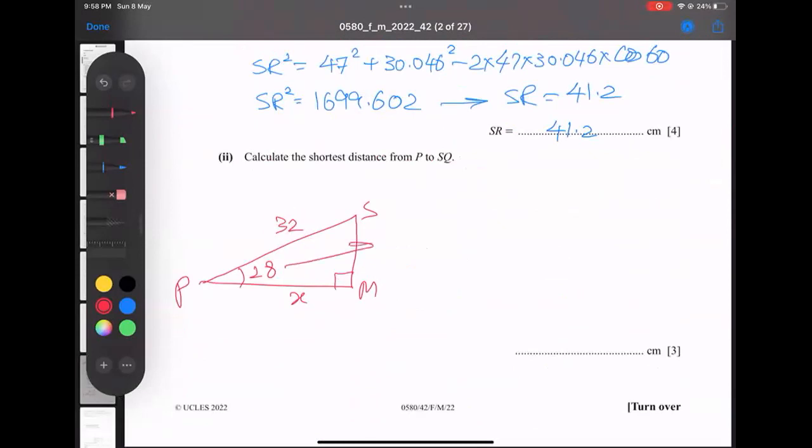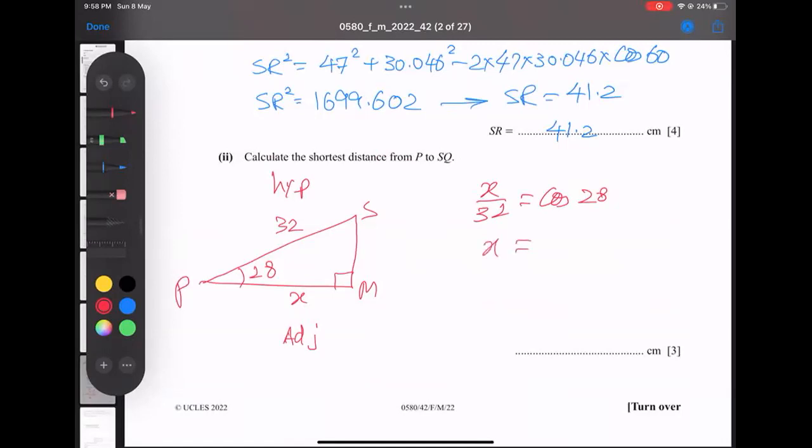In front of the angle is called opposite. This is adjacent, and this is the hypotenuse. So adjacent by hypotenuse is cos theta. And when I multiply 32 into cos 28,